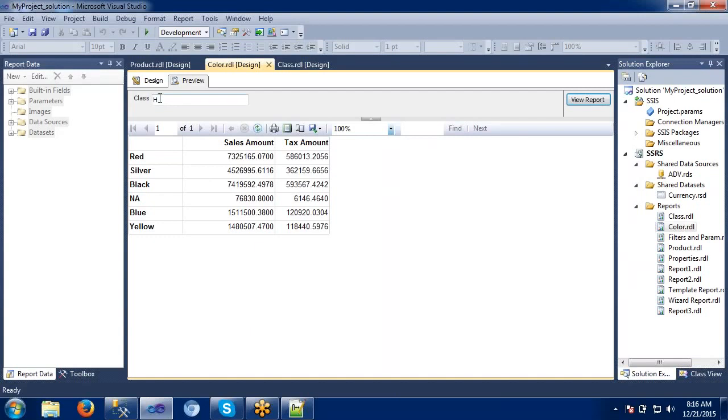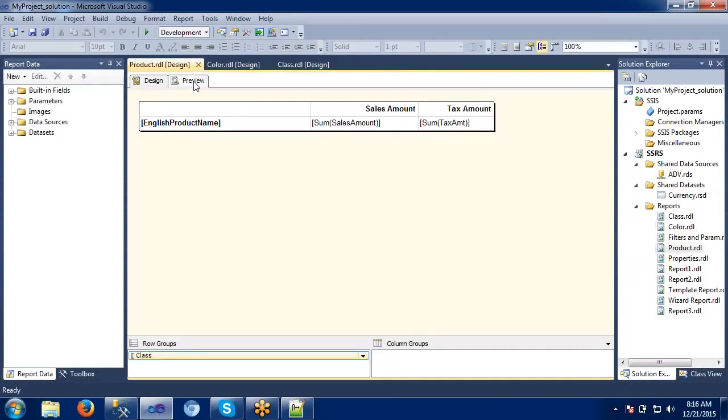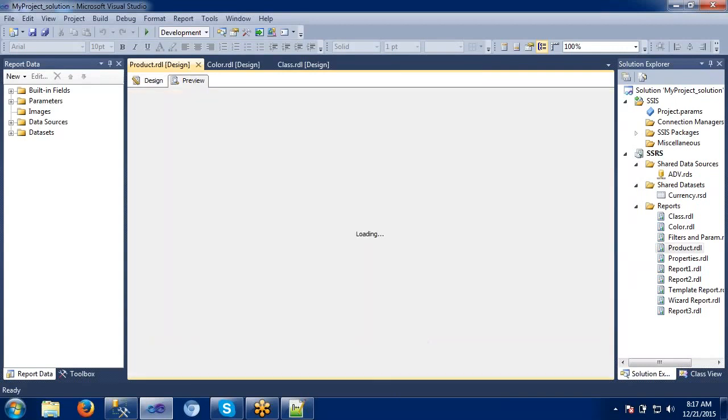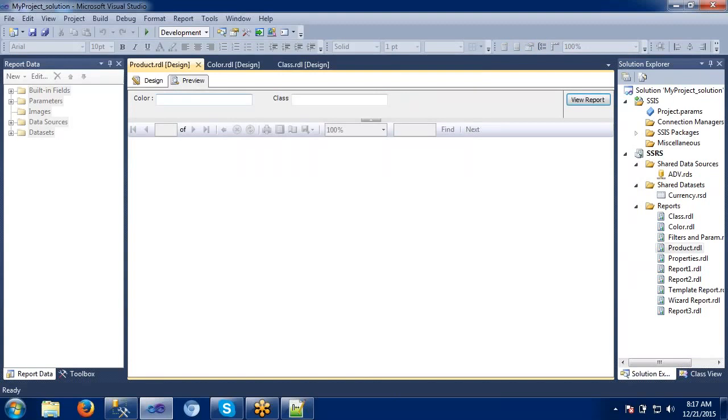When I click high class, it displays details only with respect to color. Coming to the product report, it is the same stuff. I didn't change anything, only the product details are given here. I have taken two parameters here, black and the class high.